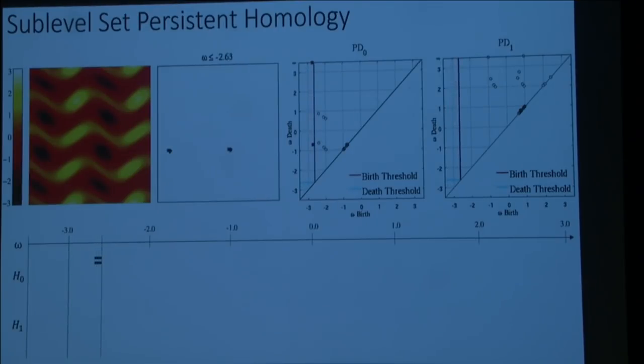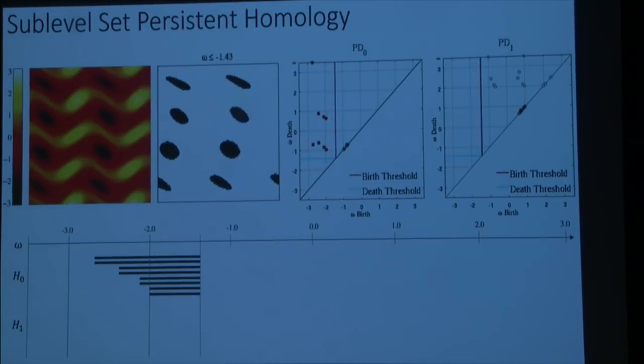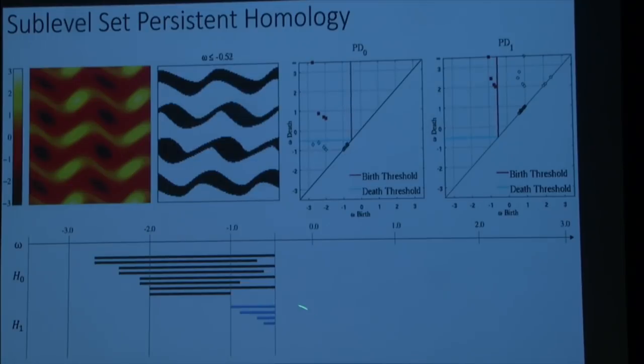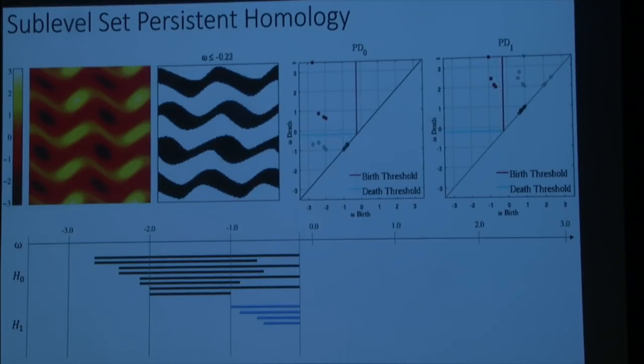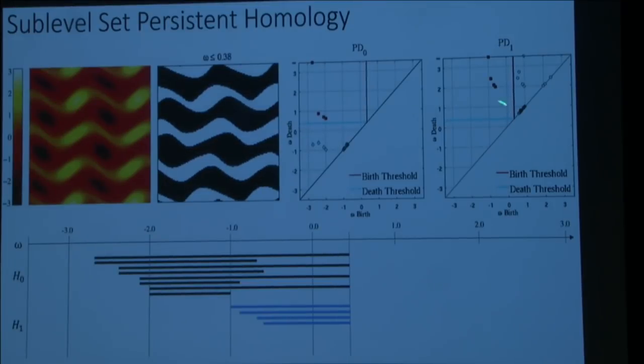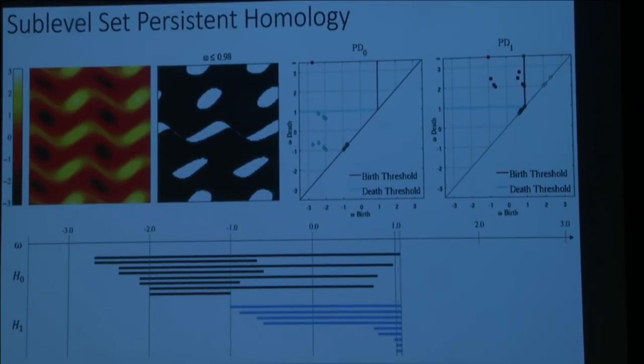Well, eventually we'll pass these local minima. So we've got two connected components, two more have popped in. The persistence diagrams are a representation of the barcode in the bottom that's being swept out. Eventually we hit some saddle points. Connected components start merging. Bars are born. And now we see these persistence points in the quadrants represent these 8 bars, 4 in dimension 0, 4 in